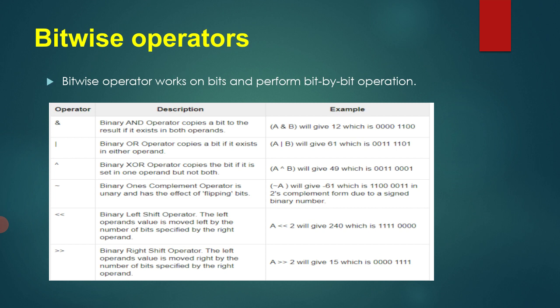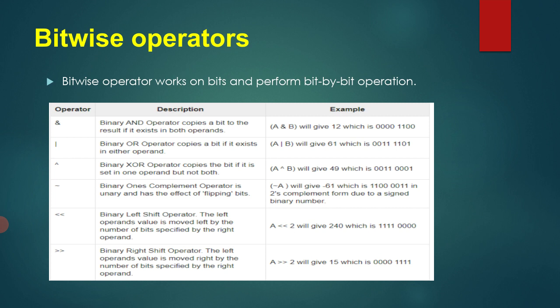Now let's start with the first category, the AND operator. What is the bitwise AND operator? The binary AND operator copies a bit to the result if it exists in both operands. Students, I will show you with an example how we have to perform bitwise AND. AND is a logical operator. I have explained that when we apply the AND operation on any two operands, you will get the output true only if both the operands, or both the inputs, are true, otherwise you will get false.